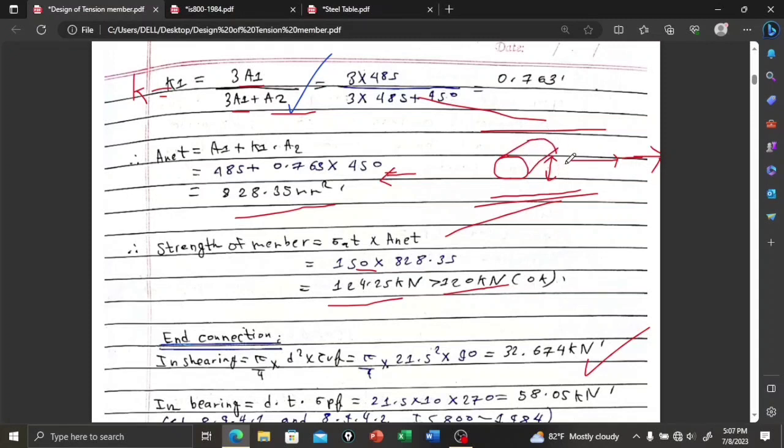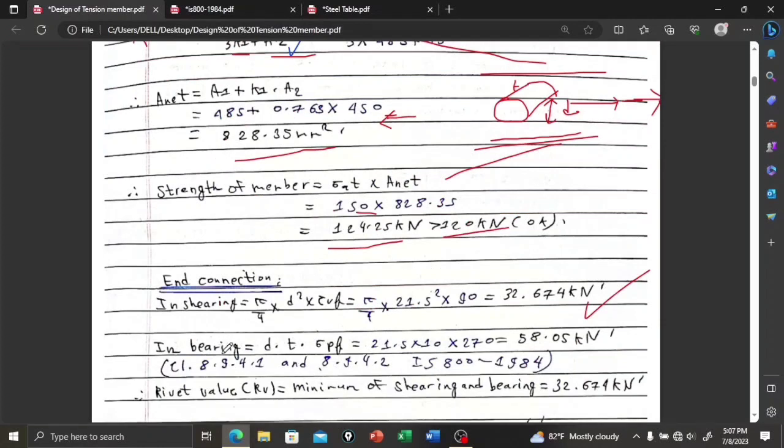This diameter times this thickness will resist this bearing. So bearing strength will be d t sigma pf, where d is the diameter of the hole, that is 21.5,